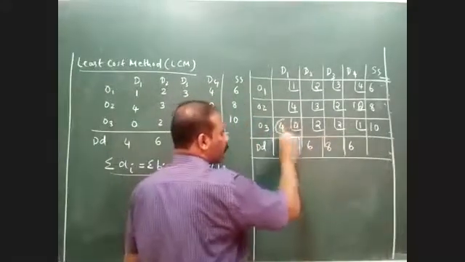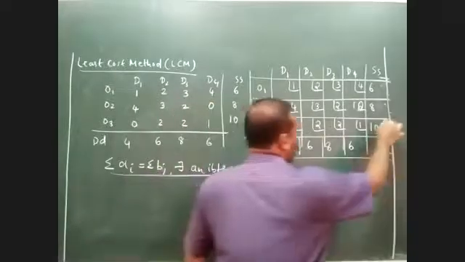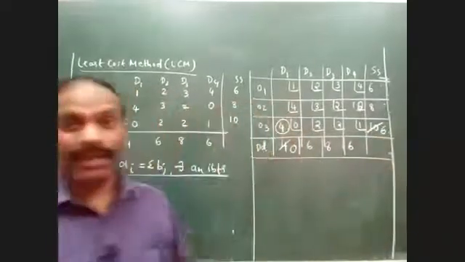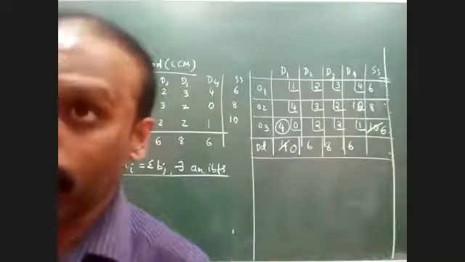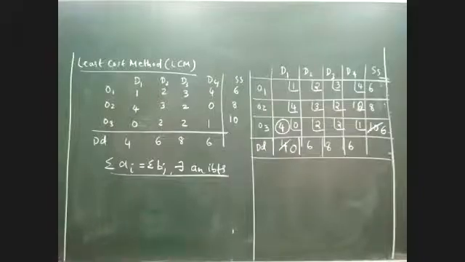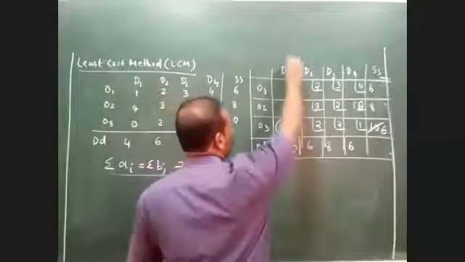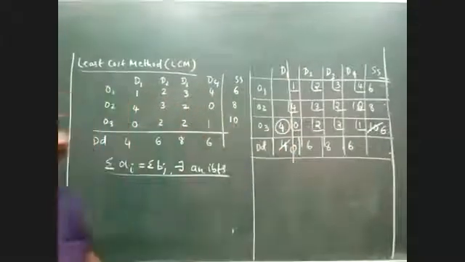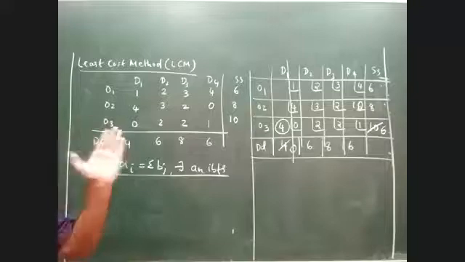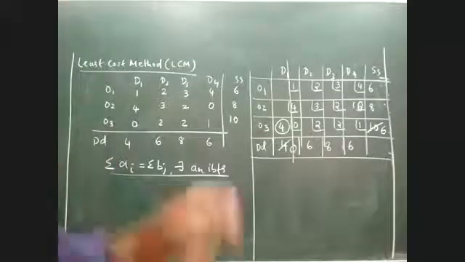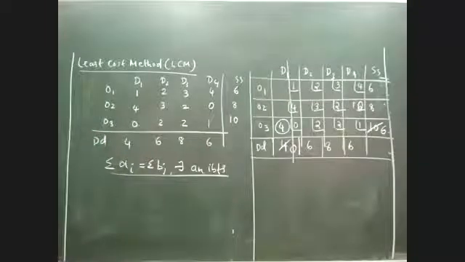So if I'm allocating 4, this becomes 0 and this becomes 6. Again the same procedure. Any demand or supply, any row or column which becomes 0, has to be removed from the allocations. So since the value of D1 happens to be 0, I'm supposed to strike it off. Now you can see that the matrix is reduced. From the reduced matrix, can you please tell me which is the lowest value? Same procedure, for every reduced matrix I am supposed to allocate only for the lowest value.